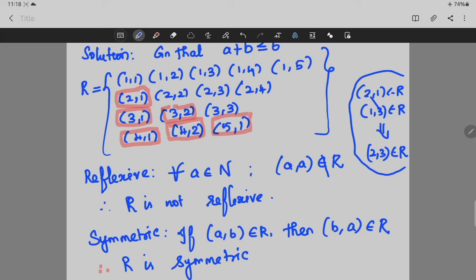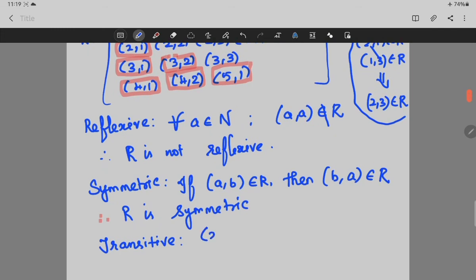So for the next pair, 2, 1 you consider and 2, 4. If we have 2, 1 and 2, 4 means 2, 4. 2, 4 also there. And you go for the next ordered pair 2, 1. The same ordered pair 2, 1 and consider 1, 5. Okay, both belongs to R. You see that I'll consider 2, 1 belongs to R and 1, 5 also belongs to R.